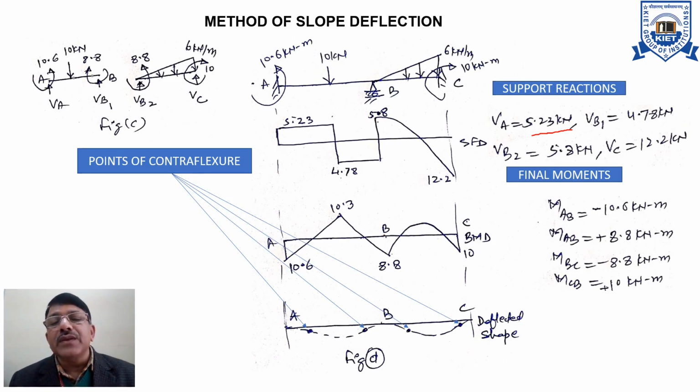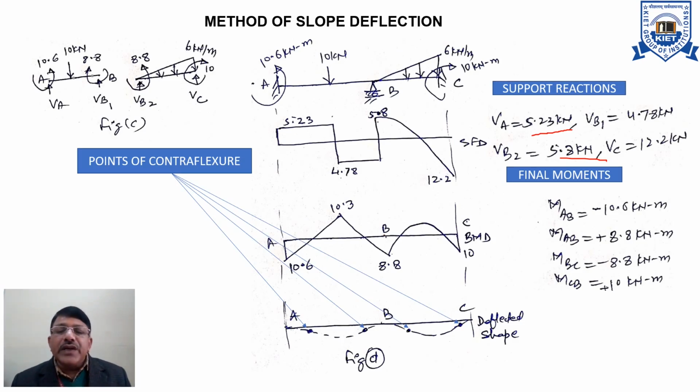At support B, you will have some reaction. VB2 is 5.8. VB1 will get diminished by 4.78, counteracted here at B, and VB2 of 5.8 kilonewton would be above the baseline, and from this position you have to vary hyperbolically till the end C. To develop the bending moment diagram, you need to compute the moments at A, which is known to you. At the position of the point load, you can compute the moment. So the variation is linear and then parabolic as shown here.